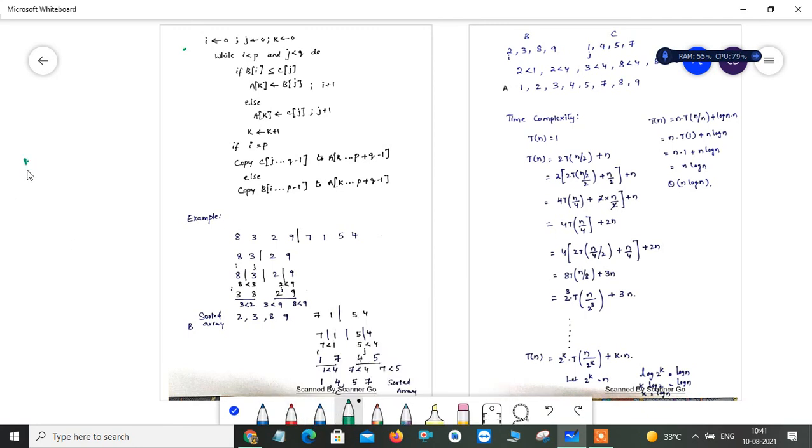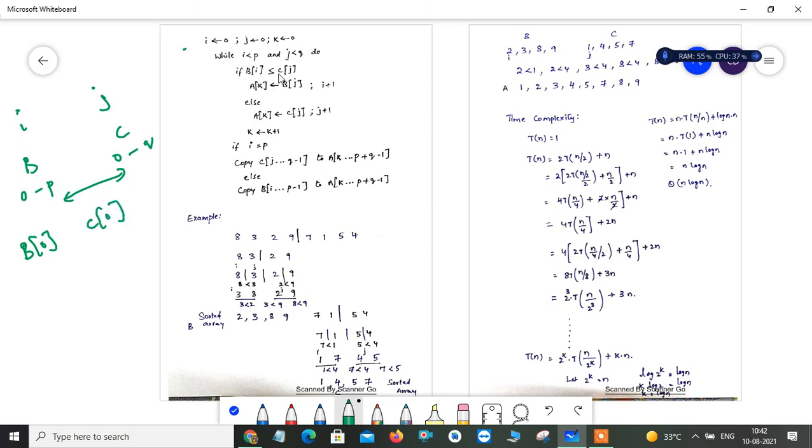So see, for example, your B and C arrays are like this, right? So this is your array B and this is your array C. Now this index starts from 0 to p and this index is from 0 to q. So now you want to merge these two array lists for performing the sorting operation, right? So B of i, now you are taking this with i index and this with j index, right? So now B of i is nothing but B of 0th position element, compared with C of 0th position element.